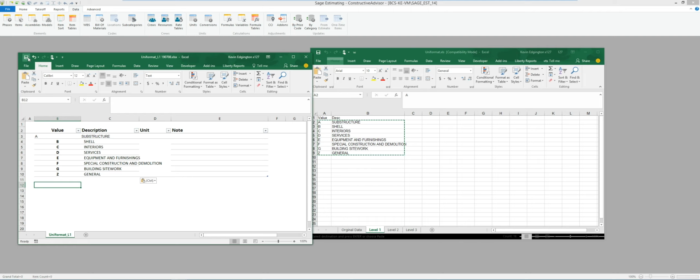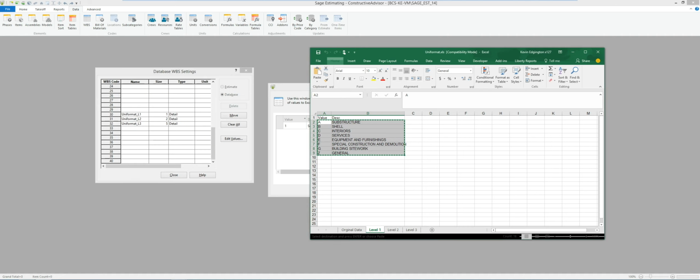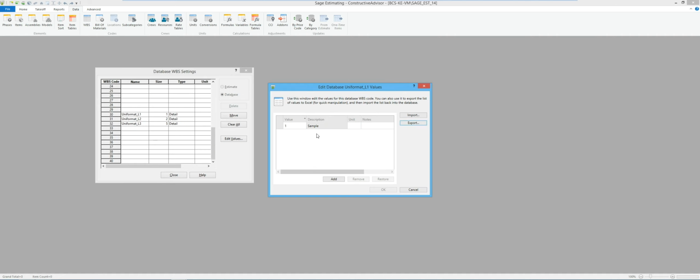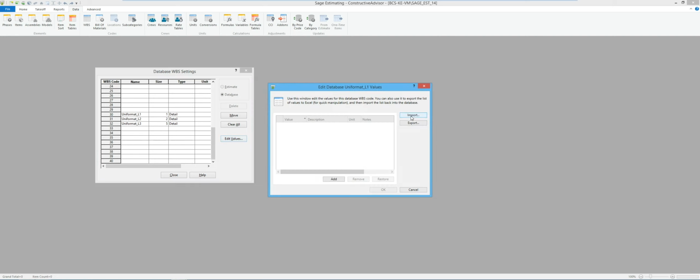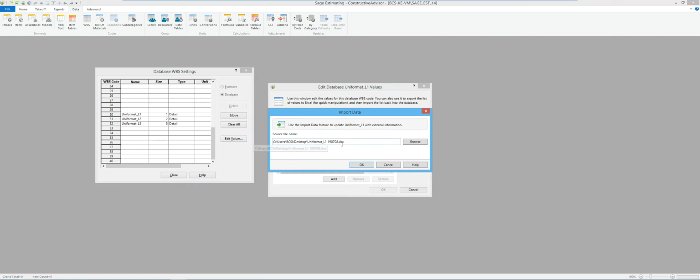So in this case here, I'm just going to save that Excel spreadsheet and close it so that way it's not in use. I'm going to come back to that same screen here. And just because I know this one doesn't follow the standard, I'm just going to go back and remove it, though I wouldn't have to. And I'm going to say I want to import. And it should default the same spreadsheet that it just exported here. So I'm going to just go ahead and say open.